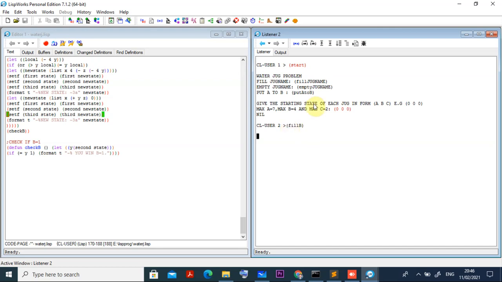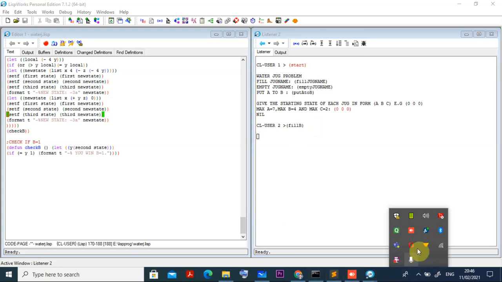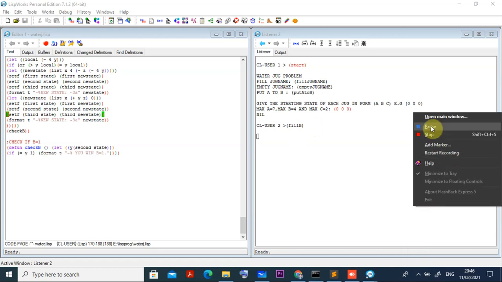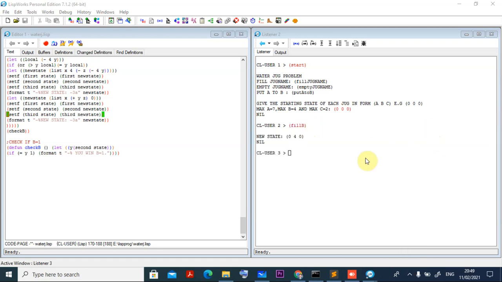Just give me a minute. Now you can check it there. When I give this command fill B, then it is showing the new state, it is 0 4 0.